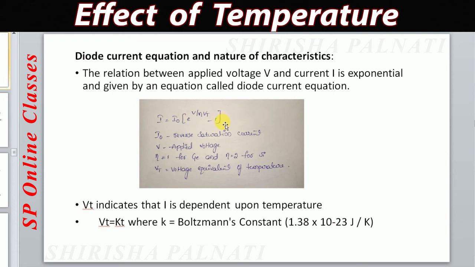This equation indicates that once the bias voltage exceeds the cut-in voltage, the forward current increases exponentially. In the reverse bias condition, voltage V is considered negative. As I told you already, in reverse bias the voltage is considered negative, so if we apply the voltage, we get the current in the negative direction. So this is the diode equation. Please remember this diode equation, because further we will use it in our problems.